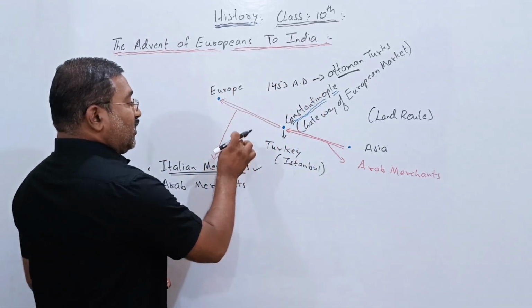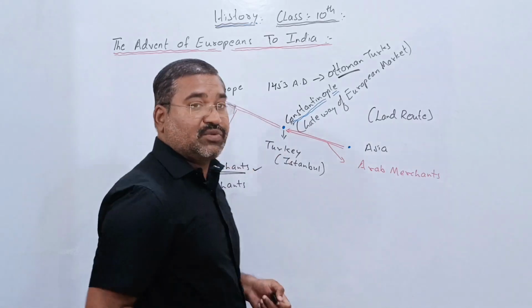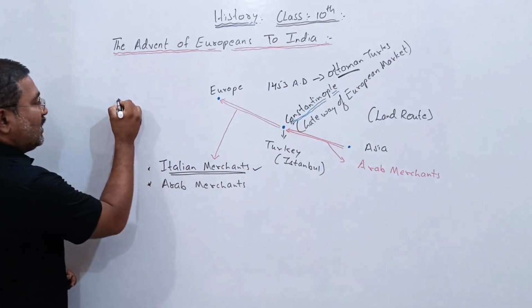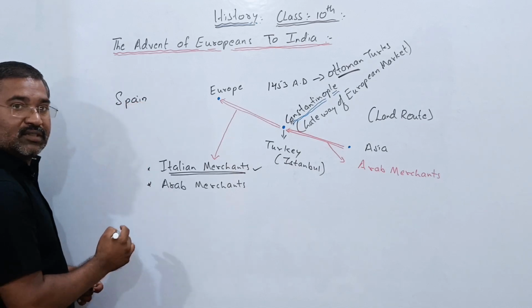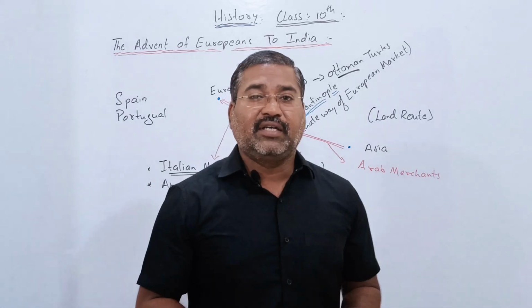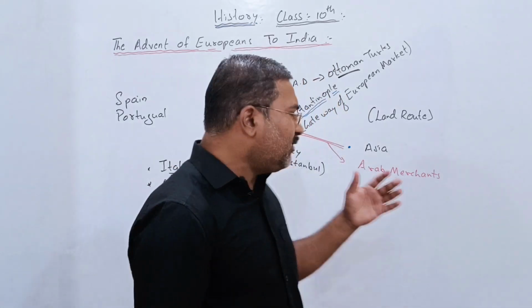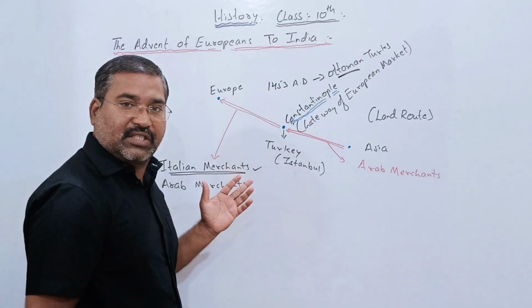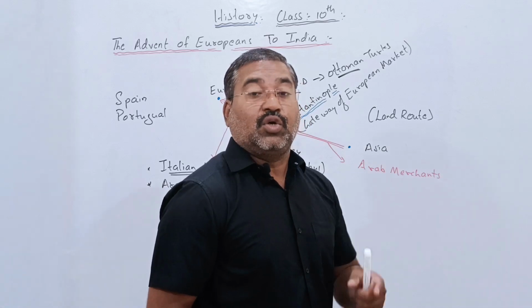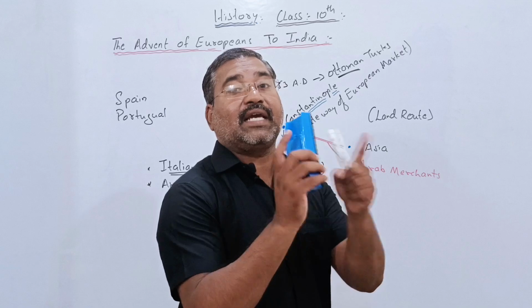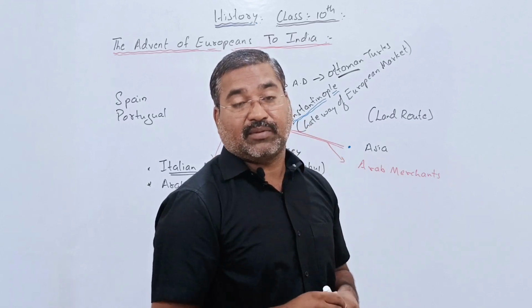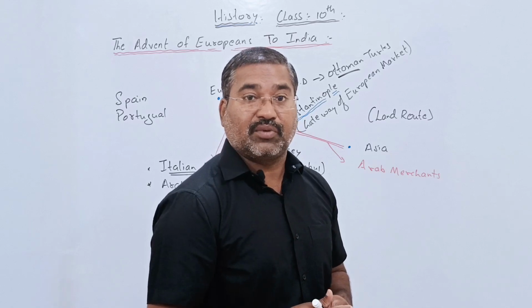Now, the Italian merchants had the monopoly over this trade. Moreover, within Europe itself, the countries Spain and Portugal were searching for a new route which would connect Asia and Europe and break the monopoly of the Italian merchants. And the first country responsible for reconnecting the trade business from Asia to Europe